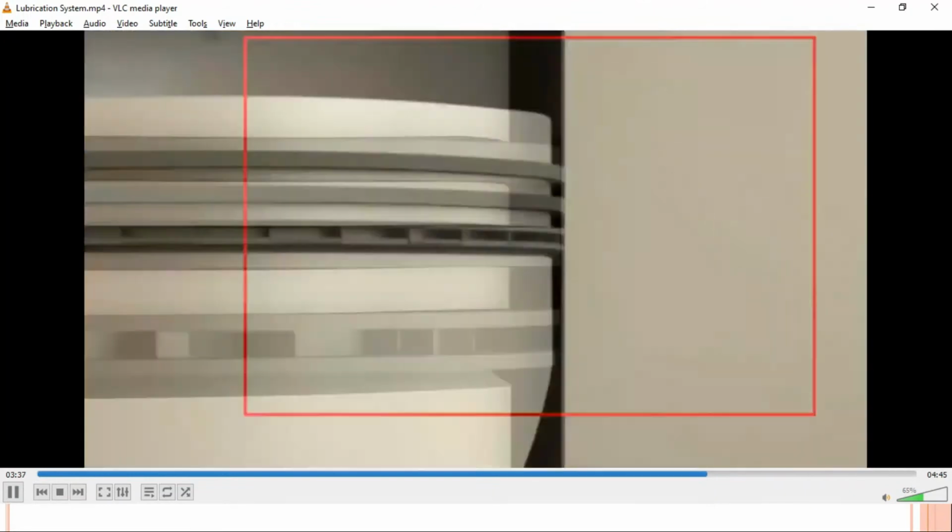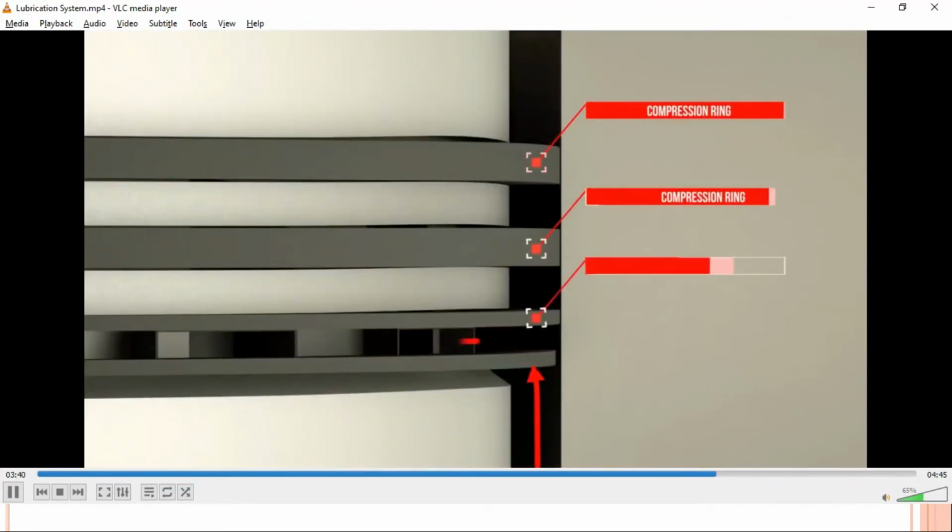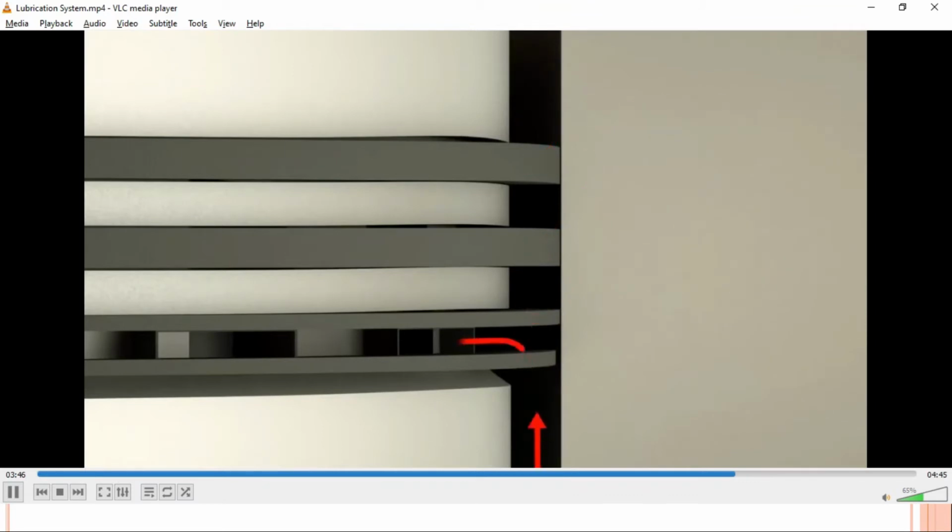The piston has one or two compression rings and one oil scraper ring. The oil scraper ring is responsible for controlling the oil balance at the piston and the compression rings. As we have studied so far, usually in pistons we have two compression rings and an oil ring. This oil ring does not allow the oil to pass through this section, otherwise it may have a higher probability of getting inside the combustion chamber, and may result in incomplete combustion and a reduction in the lubrication oil level as well.